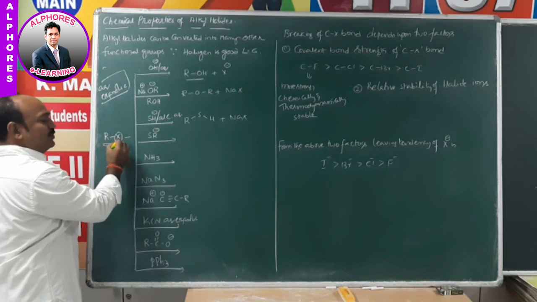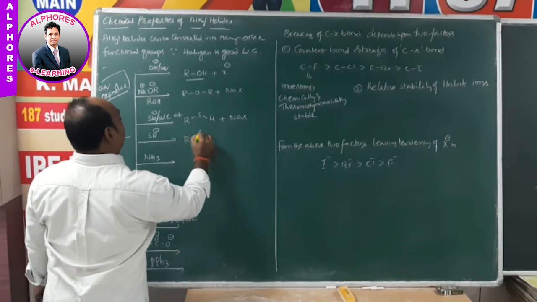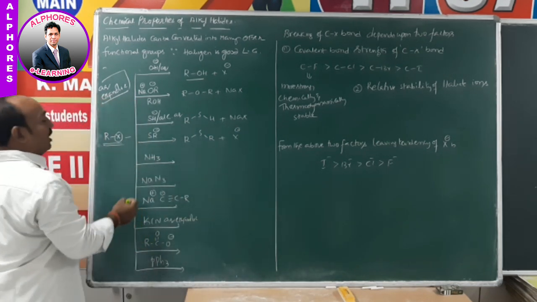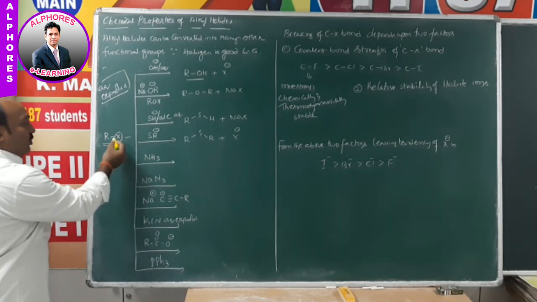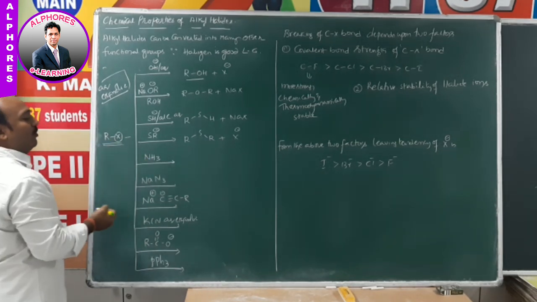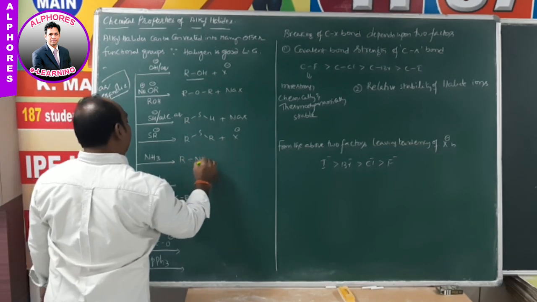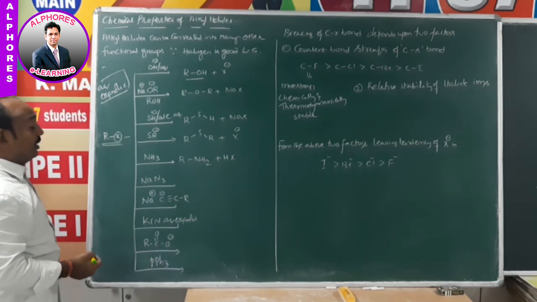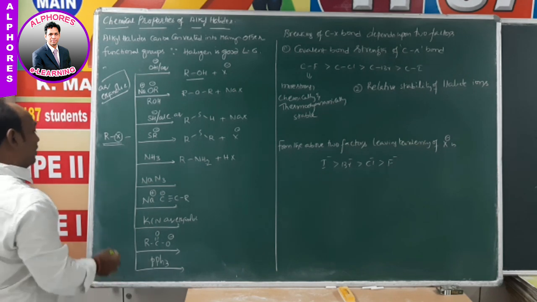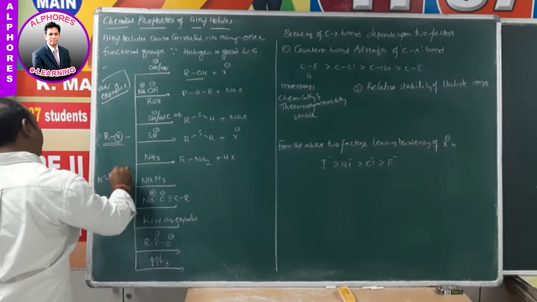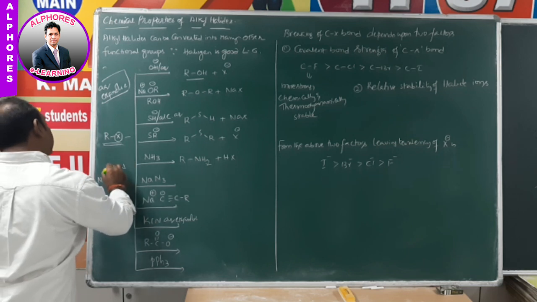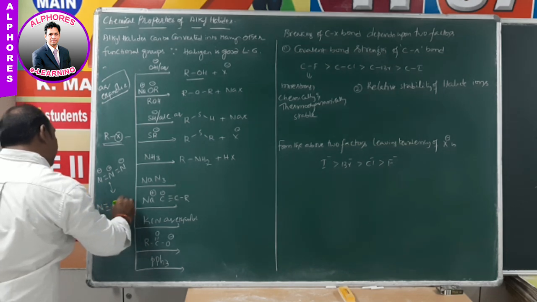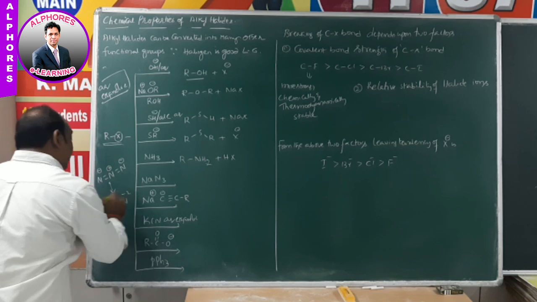Now with SH minus, we get RSH, thiol, and NaX or X minus. Similarly, SR minus displaces X minus, and we get thioether RSR and X minus. Upon reaction with ammonia, X will be displaced by the NH2 of ammonia, and we get RNH2 plus HX. And NaN3, the azide ion, has the structure N double bond N, with plus and minus charges, and one more resonance structure, N triple bond N, with minus 2 and plus 1 like this.